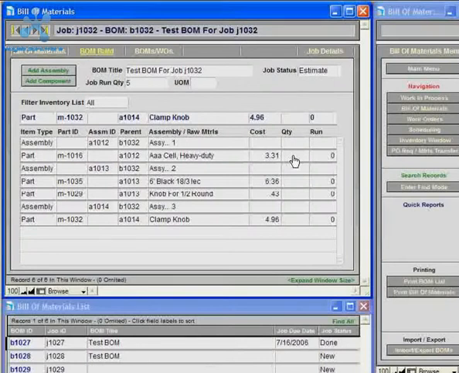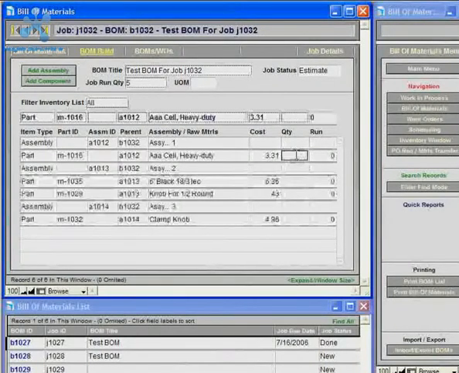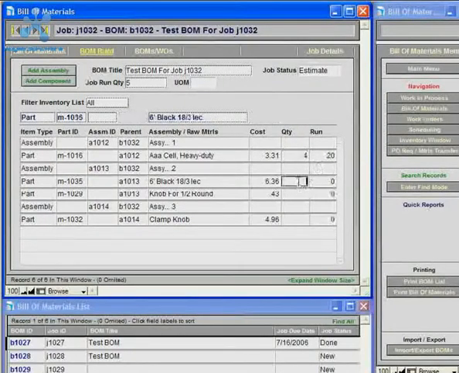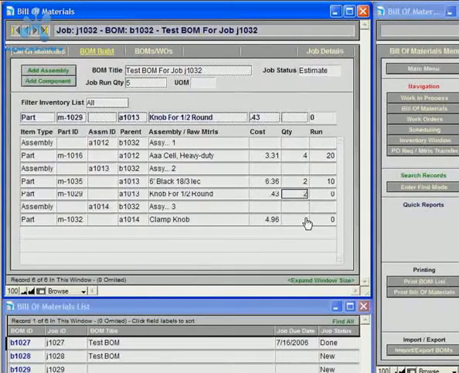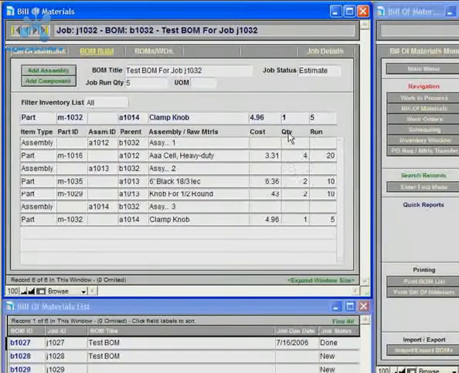and then I'll want to enter a quantity for how many parts are used on each bill of materials. I'll say 4. Usually it's probably just one part, but I'll just say 4, 2, 2, and 1. And what this does is it multiplies the quantity for each BOM multiplied by the run quantity. So you can see the run quantity is 5 times 4, so we're using 20 pieces on this run. And that's basically all you have to enter to create a estimate